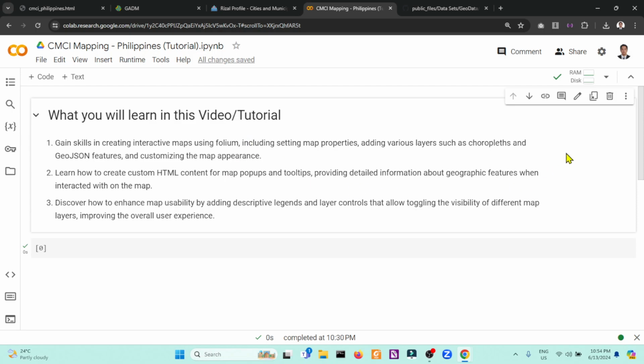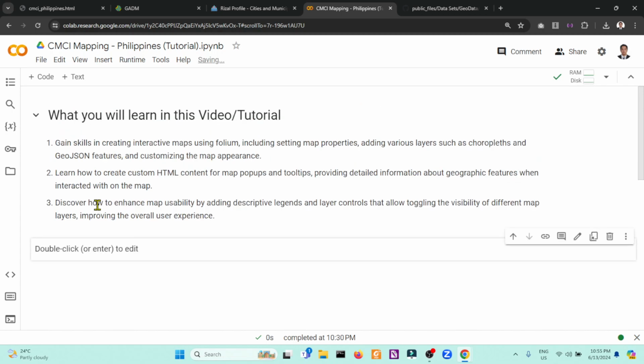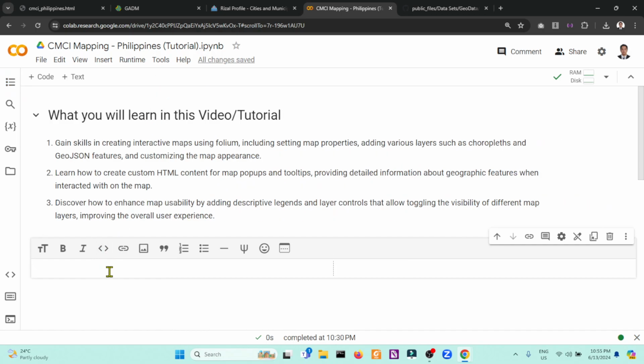So let's start coding. Let's create the demonstrated or the exhibited interactive map. First, I will create a text cell. So I have a code cell here. In order to convert to a text cell, I will use Control M M. So this is a code cell. I want to have markers so that when I'm editing the code, it will be easier to navigate from section to section. So I will name here